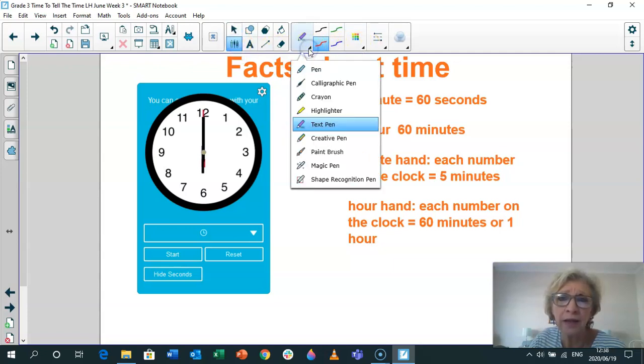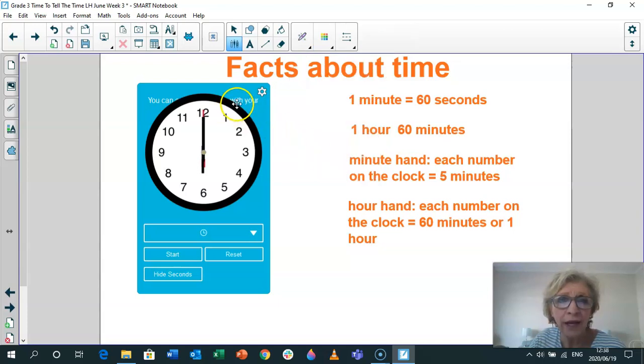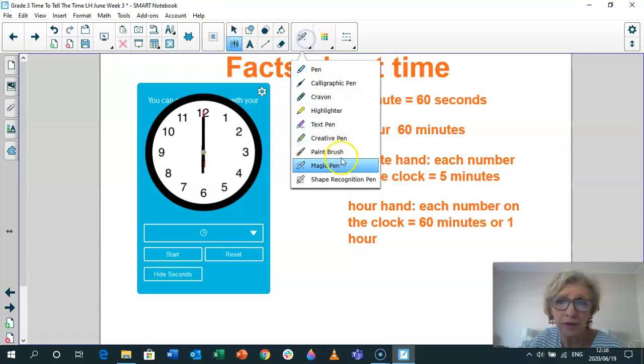Okay, well, and when we're looking at our clock here, I'm just going to find a different pen. Over here, grade 3s, what am I doing? Okay, over here,